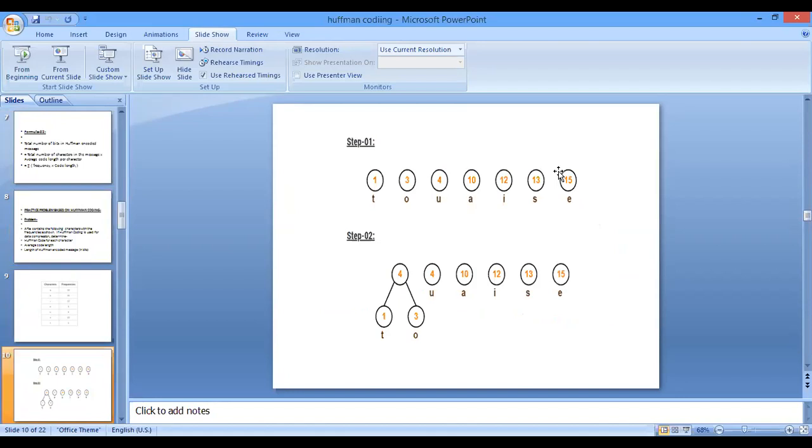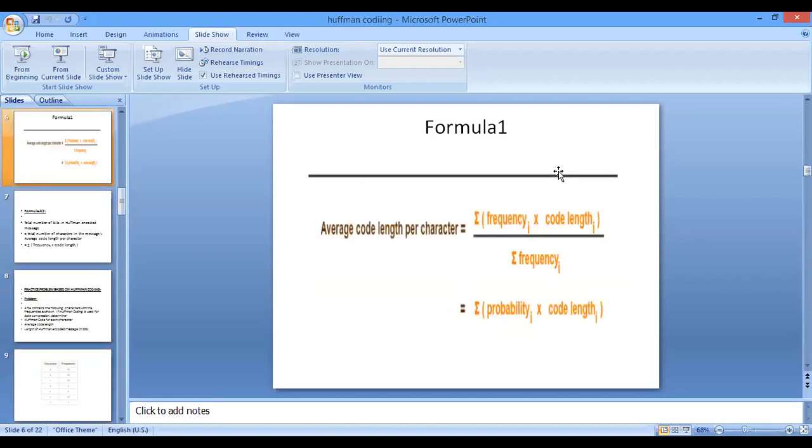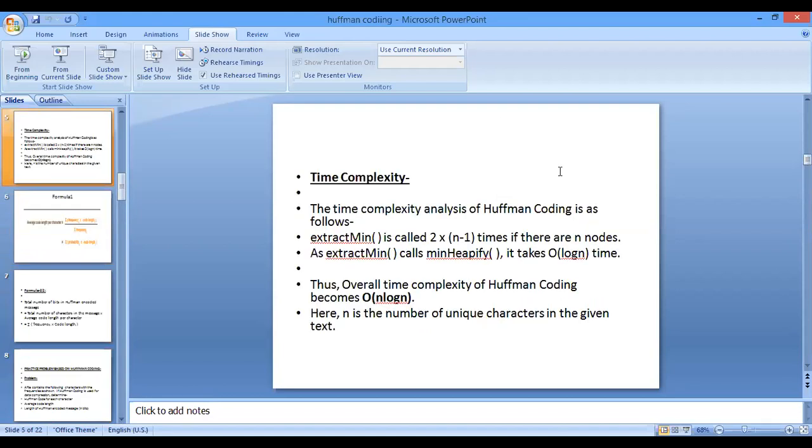So the first process we are doing is extracting the two minimum numbers from this heap tree as a first step. So the extract min process takes log n time.